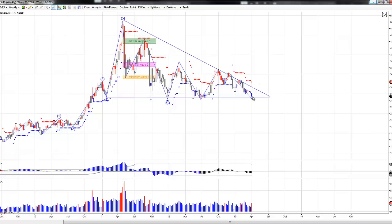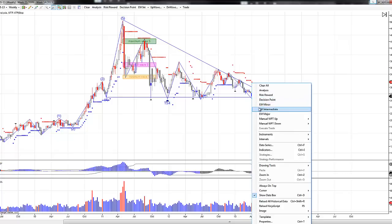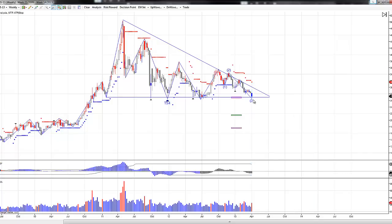And so we'll keep an eye on this. We do have a blue buyer's candle with a high volume spike here, telling us that professionals may be stepping in. We'll see how the week closes this week. And pattern-wise, just a little three-wave pattern here. We could actually project up wave 4